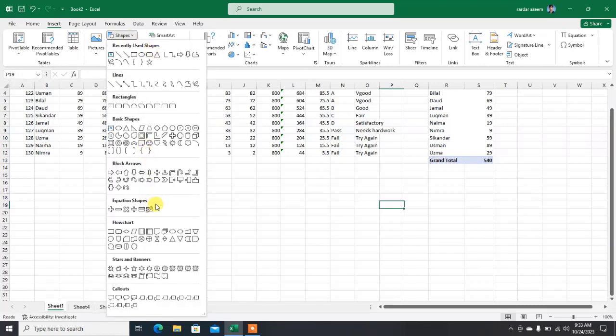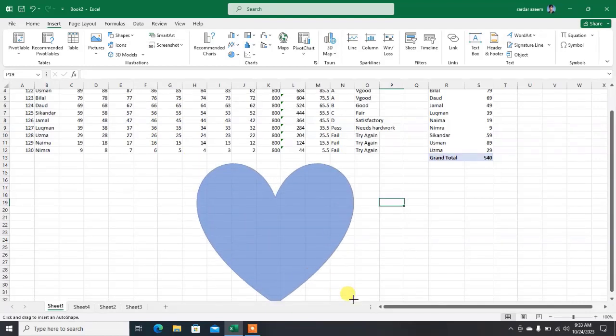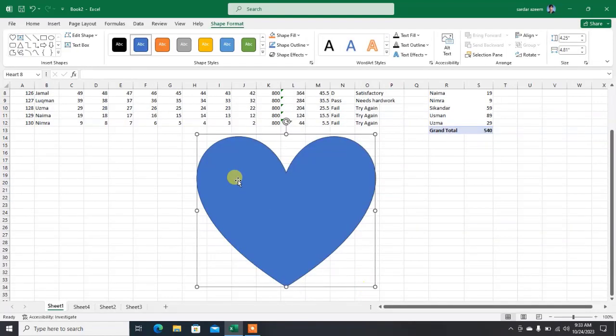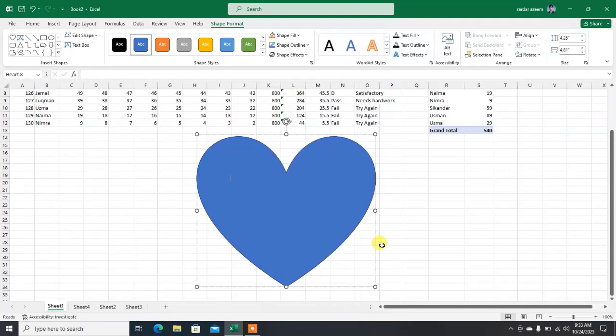These are the graphical shapes like arrows, lines, circle, rectangle, triangle. If you need any of the shape, just choose the shape and click and drag it on your page. If you want to write some text on the shape, just right click the shape and click add text. Here you can type any text